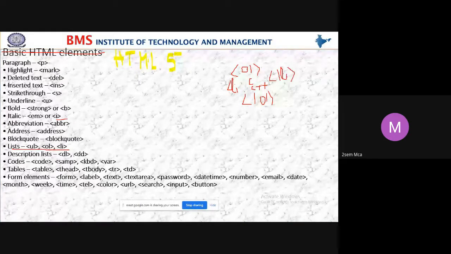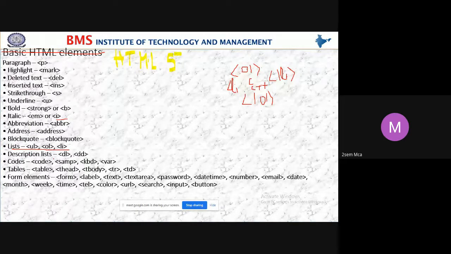Correct? Opening of LI. This is just a repetition, students. Already we have learnt all this. Many of you forgot everything. That is not correct. These are all basic concepts, students. Okay, the same with the unordered list. To include each element or each item, we have to use LI.